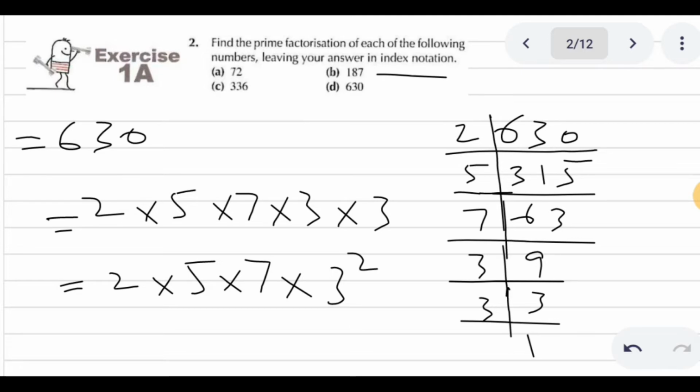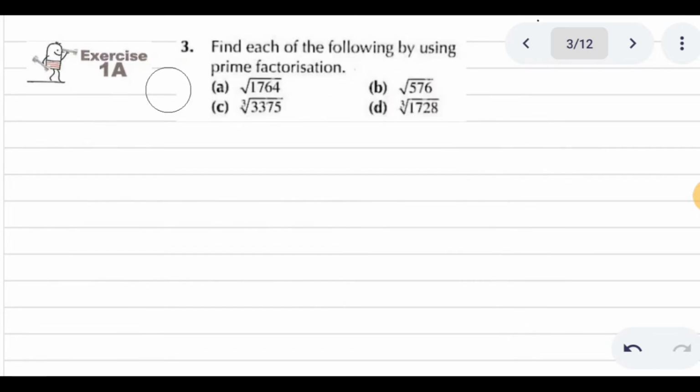So this is how you can find the prime factors of a number, and then you can write it in index notation. I hope you have understood. Now we are going to solve question number 3 from exercise 1A from the book D1. In this question they are saying to find each of the following by using prime factorization. So let's do the first part, that is